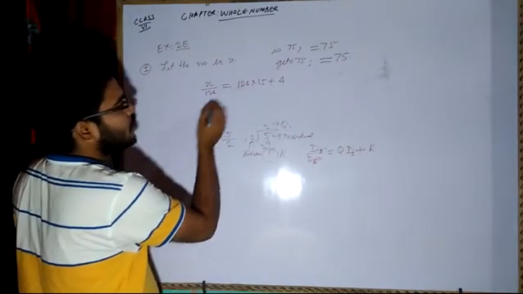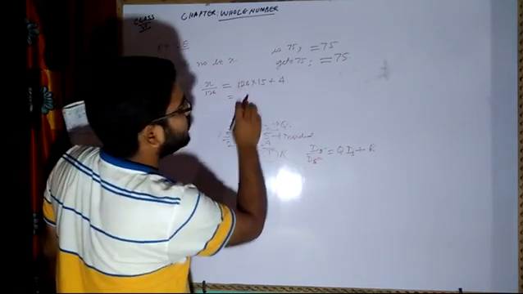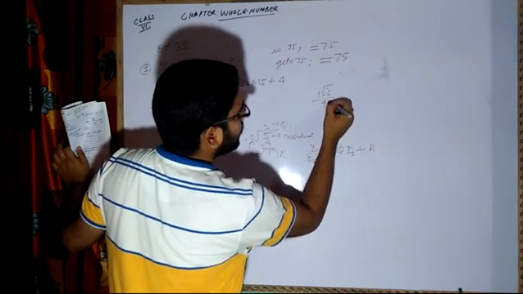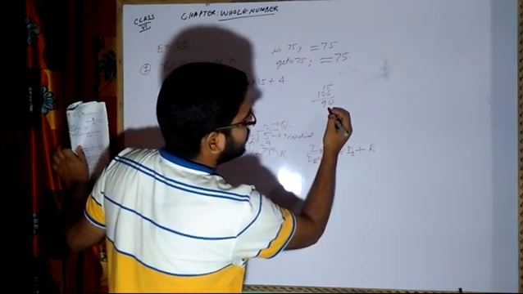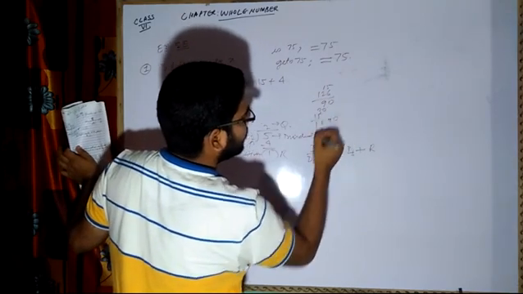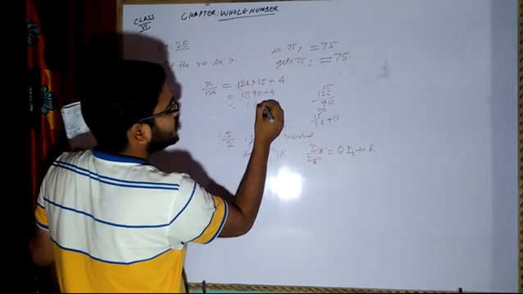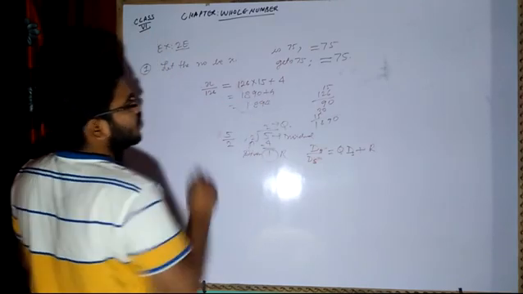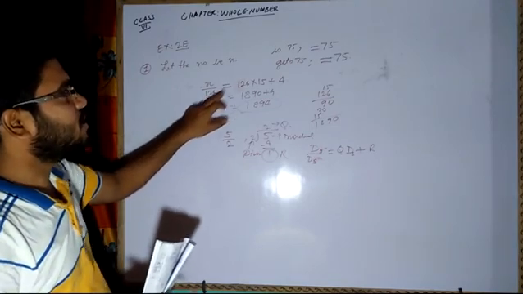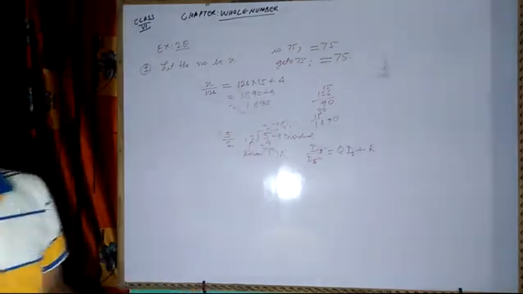Now if I solve, what I am going to get here is 126 into 15 plus 4. Now you multiply roughly. So it will be 1890 plus 4, that means 1894. So this will be your answer. If something is divided by 126, it will be quotient plus remainder, so equal to 1894.